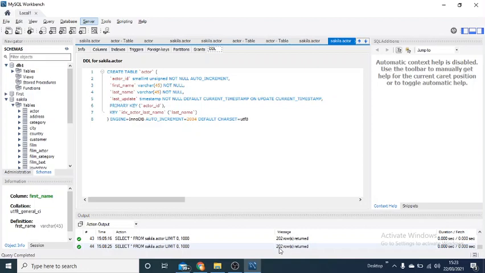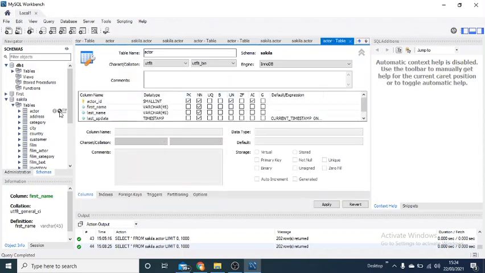Okay, so after understanding how to fetch different information about a table, let's see more options available in this panel. The next option that you can see is this one. The moment you click it, it is going to give you more information, and this information is going to be editable, right? So we have a table name which is actor, available in schema Sakila.